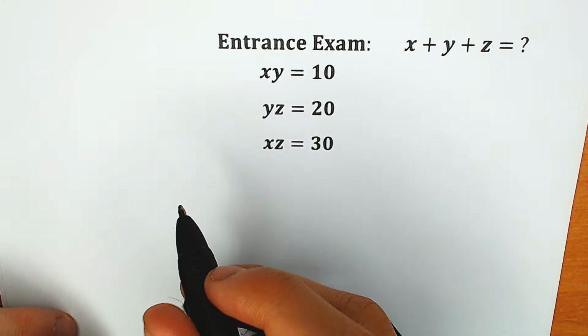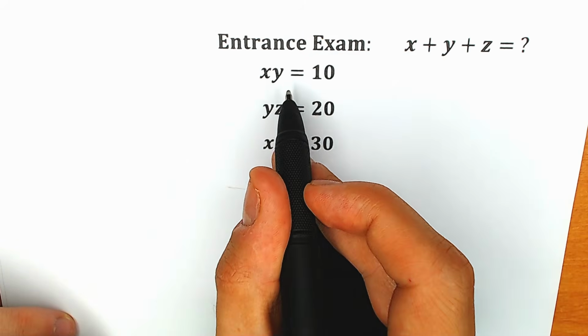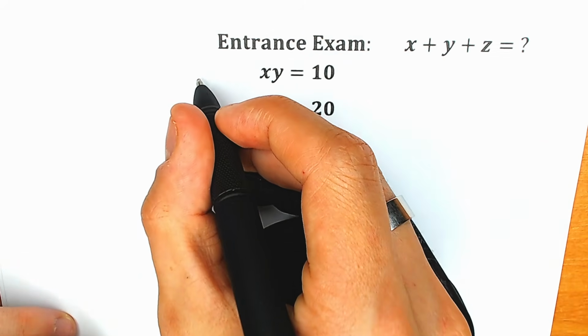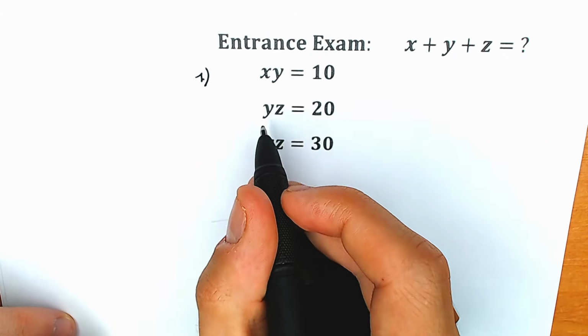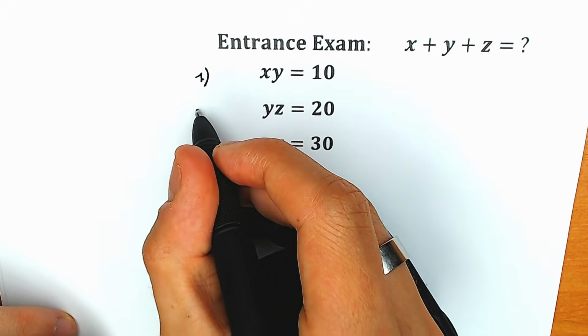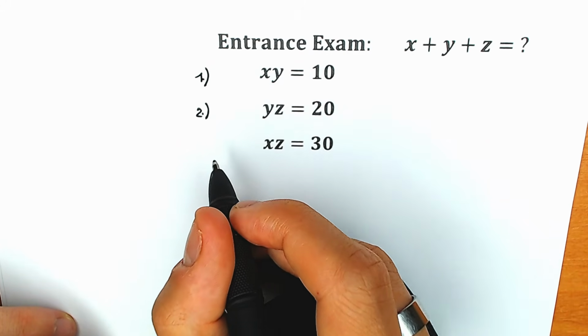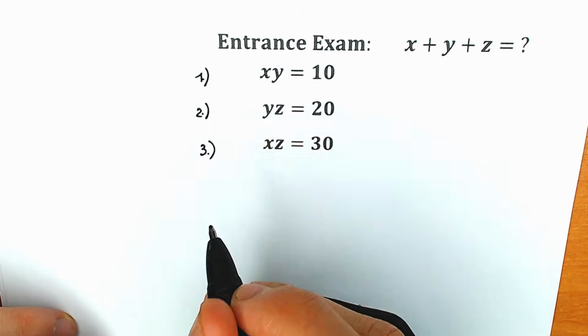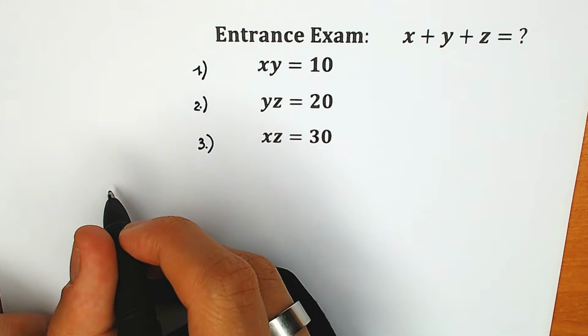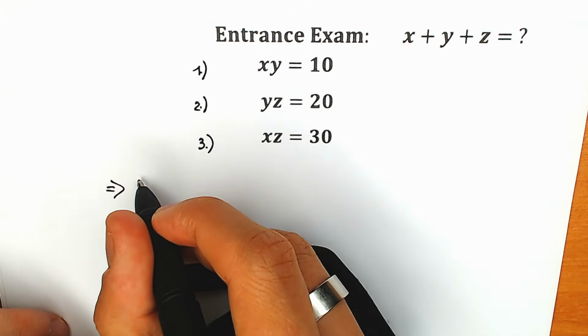So first of all, I want to underline our equations. xy equals 10, this is our first equation. y times z equals 20, this is our second equation, and x times z equals 30, this is our third equation. As a first step, I just want to multiply the first equation